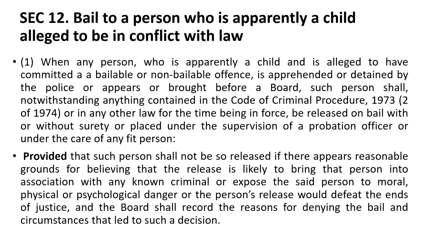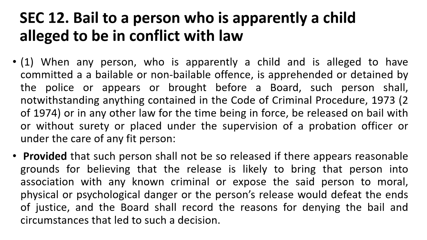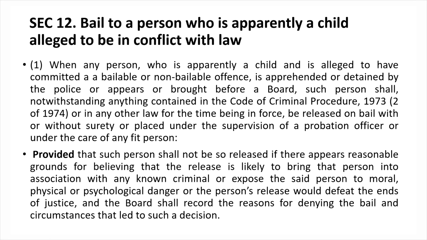Now let us see a very important provision, section 12, bail to a person who is apparently a child alleged to be in conflict with the law. Section 12 deals with the bail of the children in conflict with the law. Let us see what section 12 says. When any person who is apparently a child and is alleged to have committed a bailable or a non-bailable offence is apprehended or detained by the police or brought before a board, such person shall, notwithstanding anything contained in the